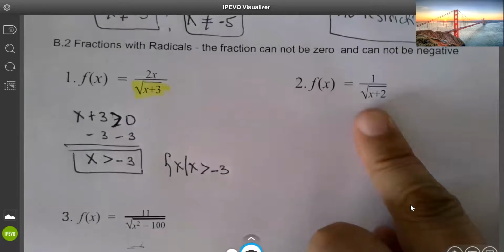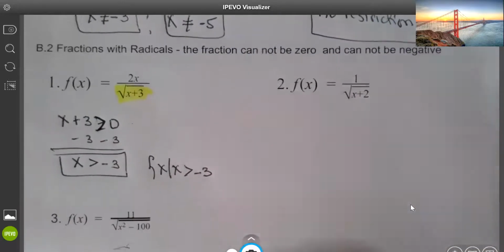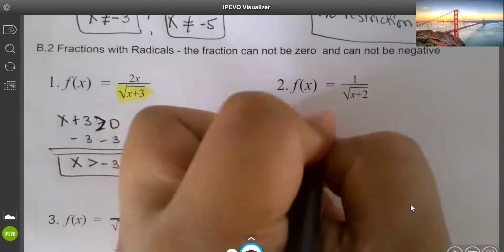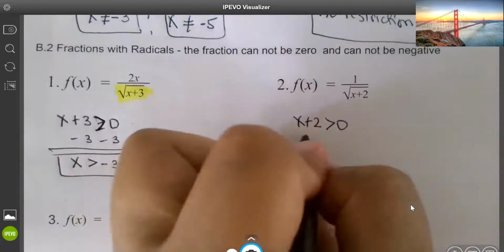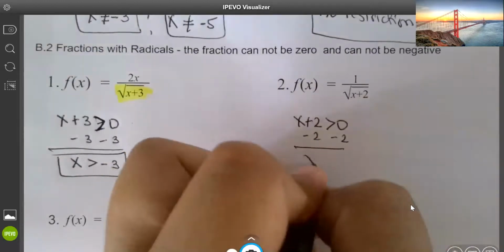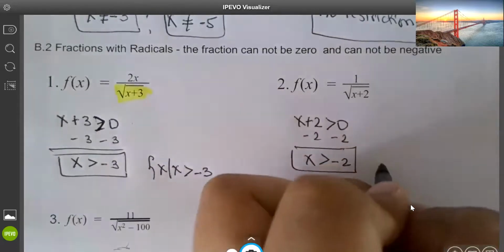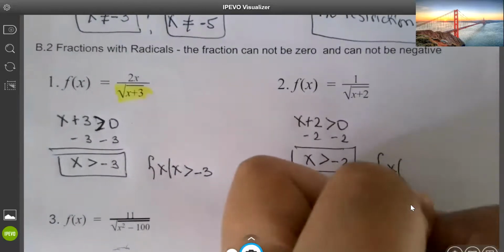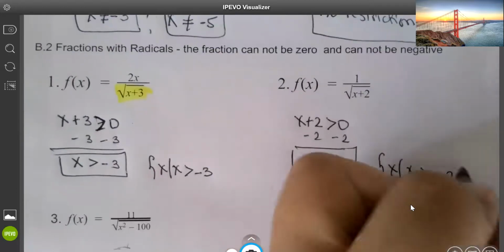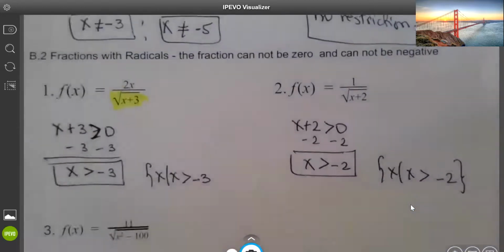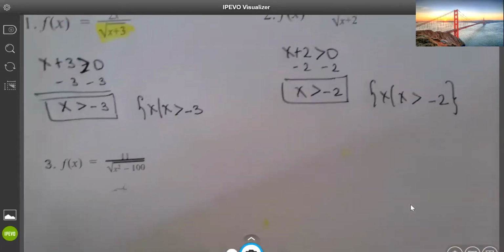Again, this one is a radical, okay? And it appears as a fraction. So it is x plus 2 is greater than 0. So minus 2, minus 2. So x is greater than negative 2. Or the set of all x such that x is greater than negative 2. Okay, this one, the last one, is